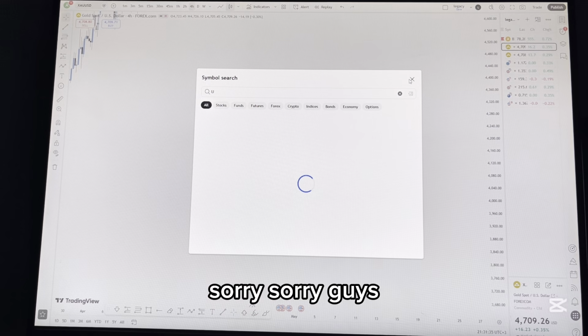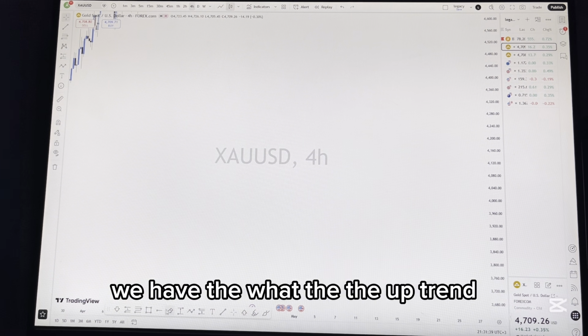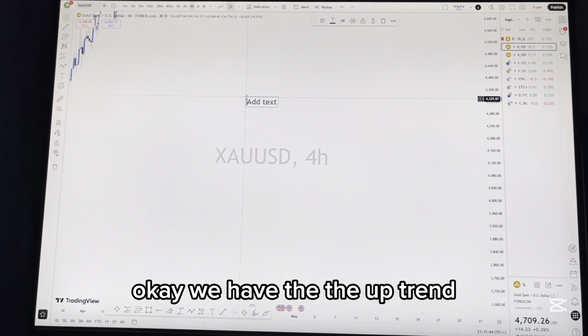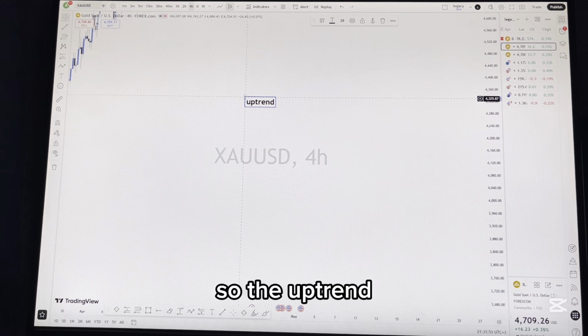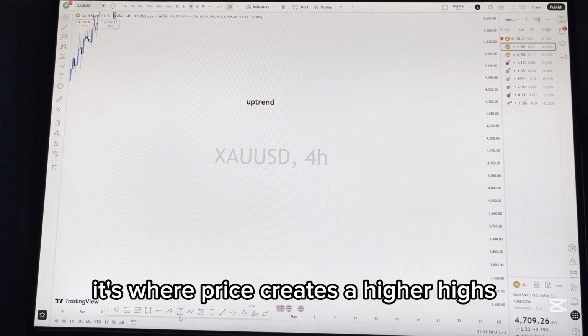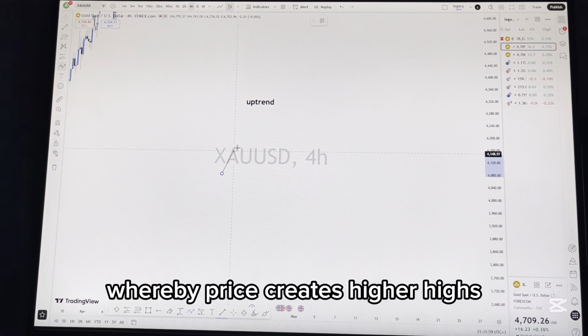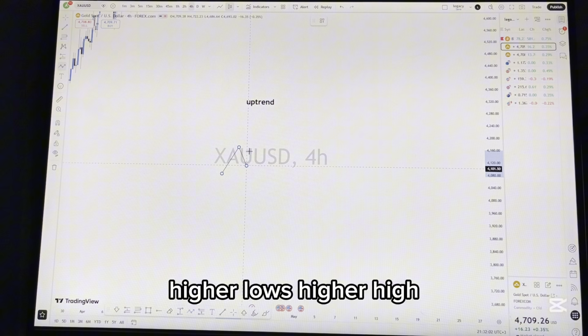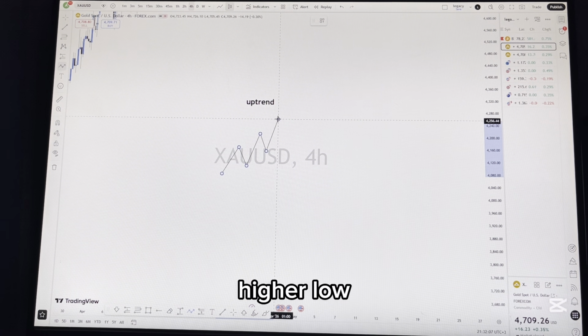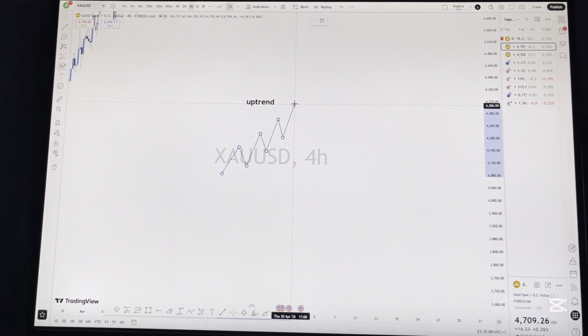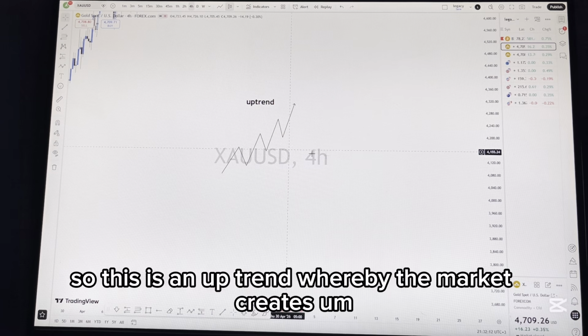The uptrend is where price creates higher highs, higher lows, higher high, higher low, higher high, higher low, higher high. So this is an uptrend whereby the market creates